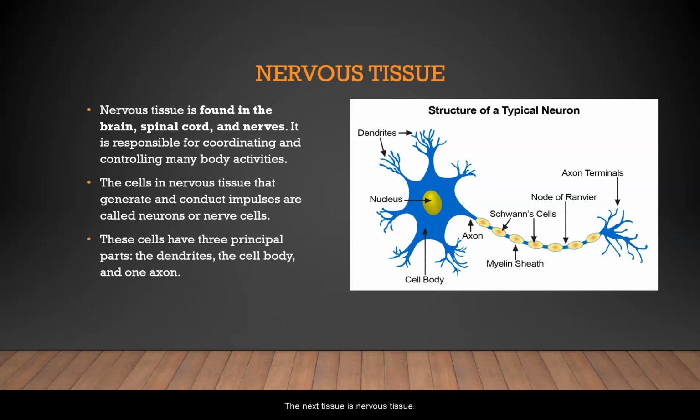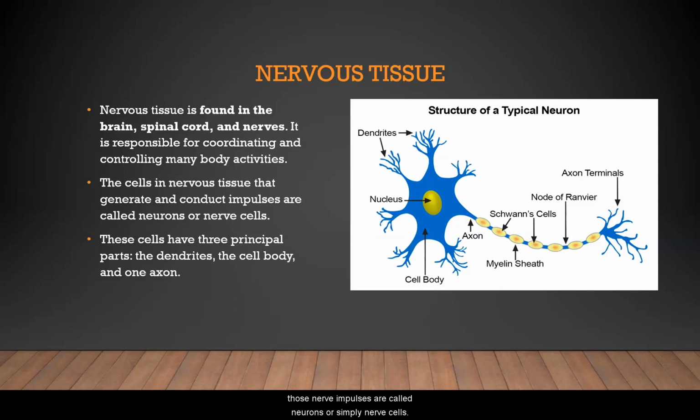The next tissue is nervous tissue. And nervous tissue is really important. It's found in the brain, the spinal cord, and nerves. It's responsible for coordinating and controlling your body activities. It's how you figure out that what you've just touched is hot, and you can then remove your hand from that hot object, right? The cells in nervous tissue that generate and conduct those nerve impulses are called neurons, or